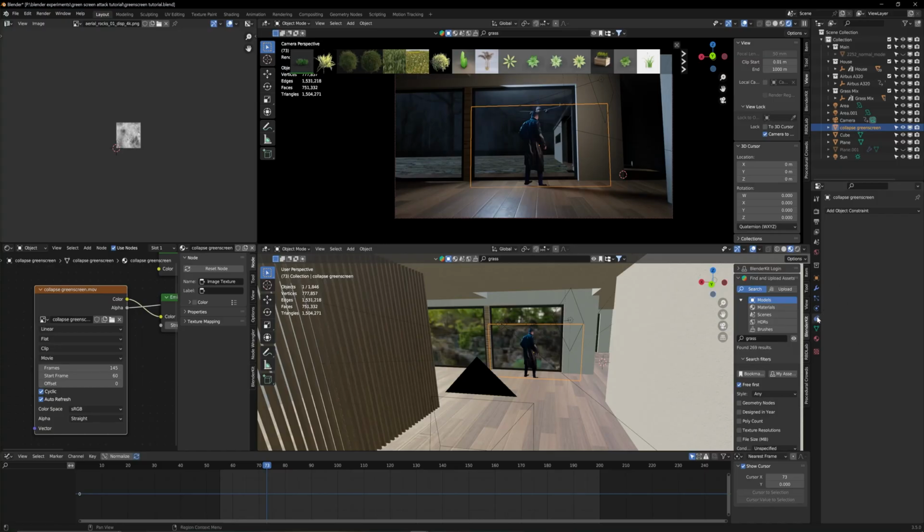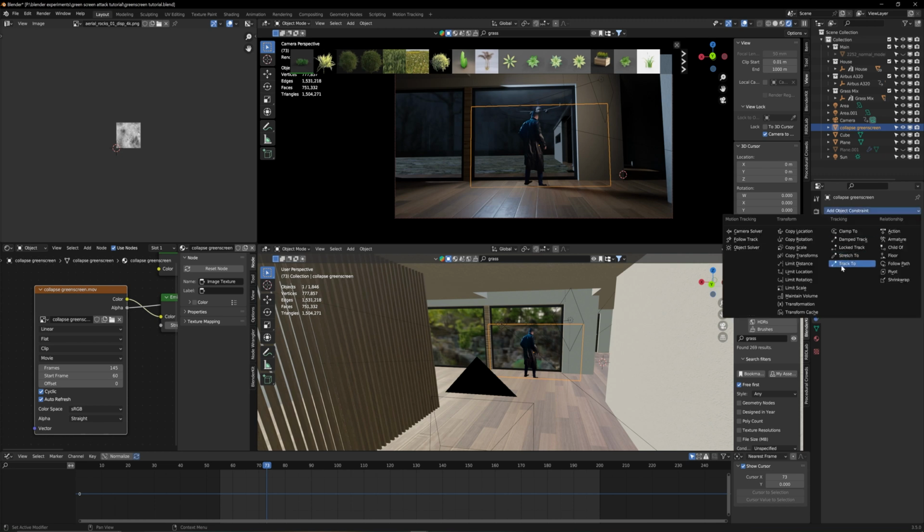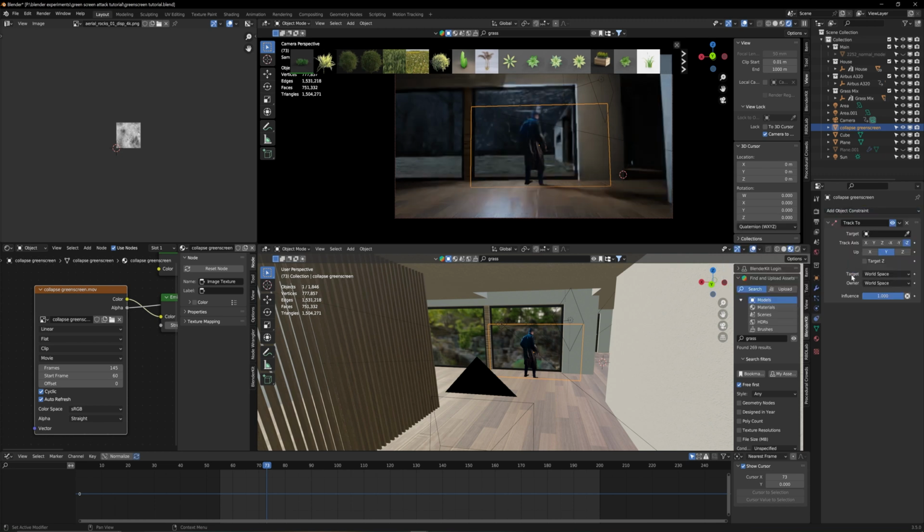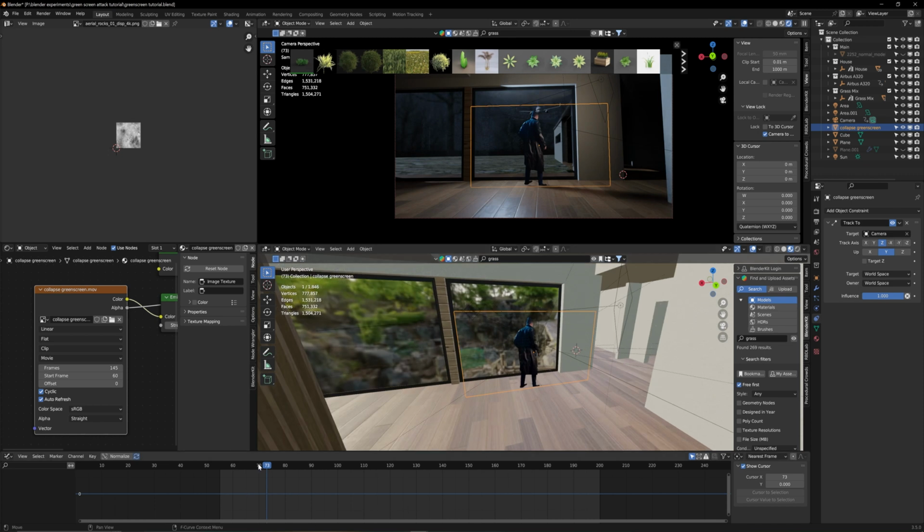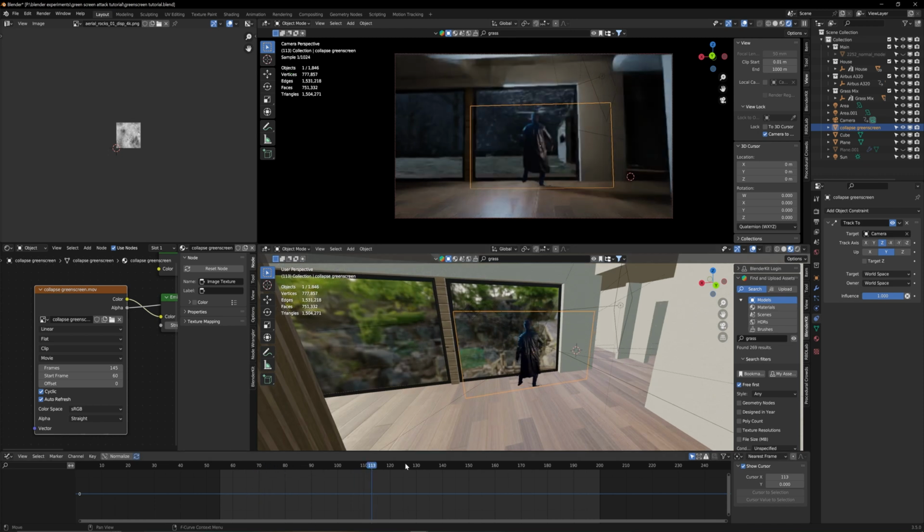For that, you click on Object Constraint Properties, Add Object Constraint, and Track To. Now this constraint is on our green screen footage, but as a target, we use the camera. Right now it's -Z, we want it to be +Z. So nothing changed, but now when we look through this window here, while the camera is moving, our green screen